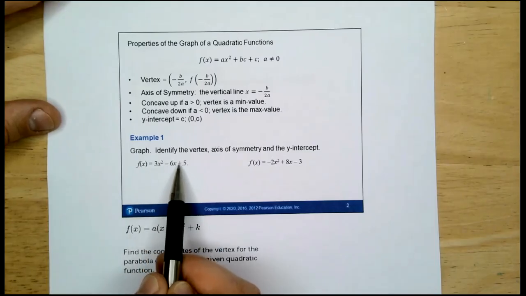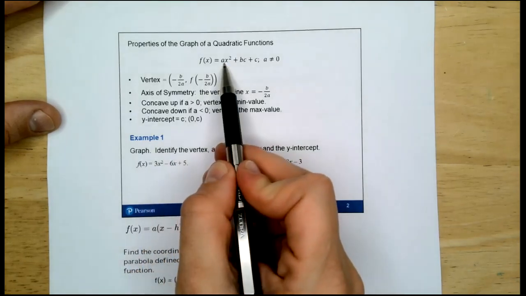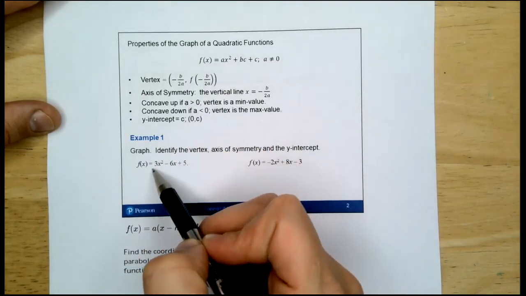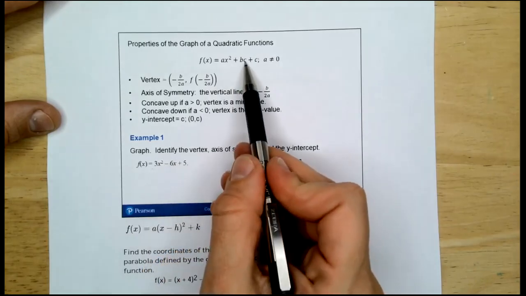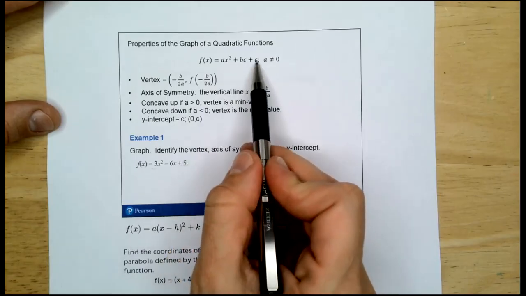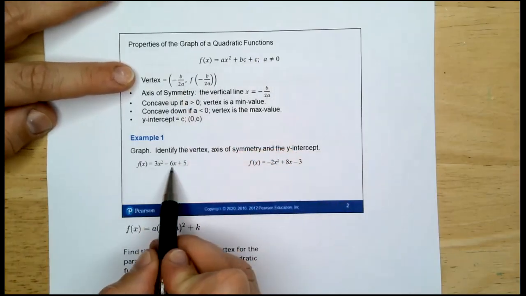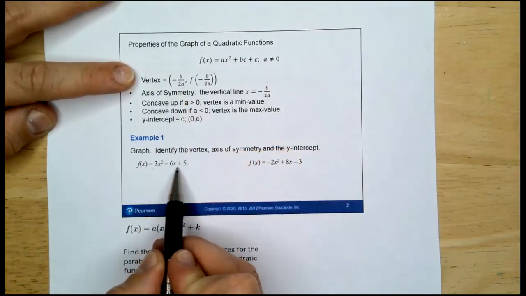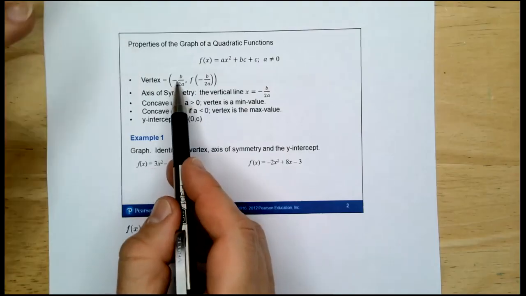So your 3 terms are 3x squared, so that your a is now 3. Negative 6x is your next term, so your b is now -6, and then plus 5 as your constant, so my c is 5. All right, then you take that b value, divide it by 2 times your a value, and make it negative, and that's how you find